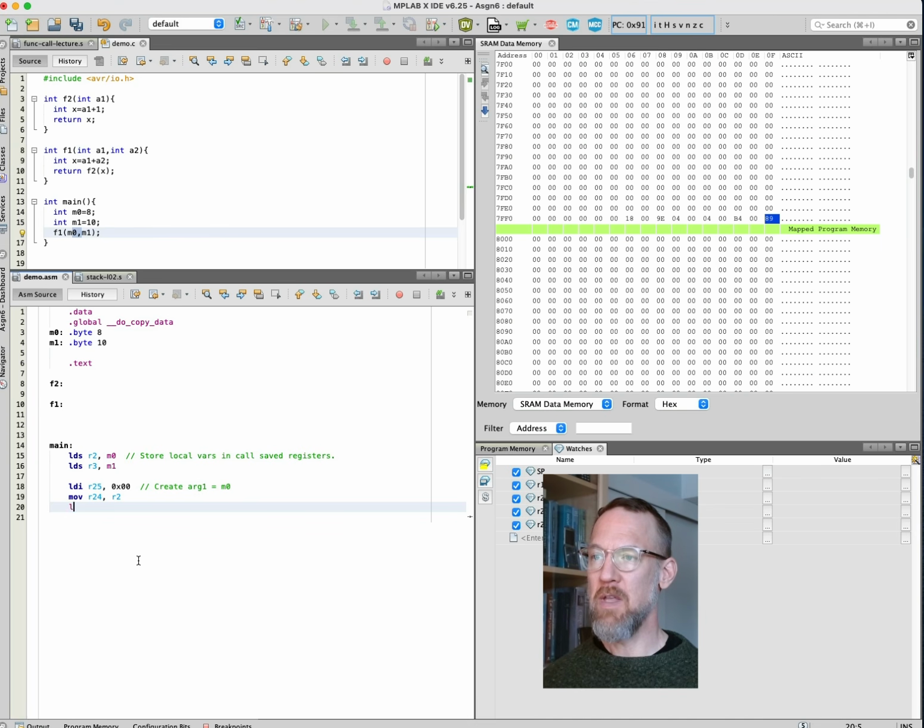And then we're going to do the same thing for the second function argument. Again, the function argument registers start at 25, and we just sort of count down from there. So argument 1 was 25, 24. Argument 2 is going to be 23, 22. Move R22, R3. There, we're ready. So that's our two function arguments, and